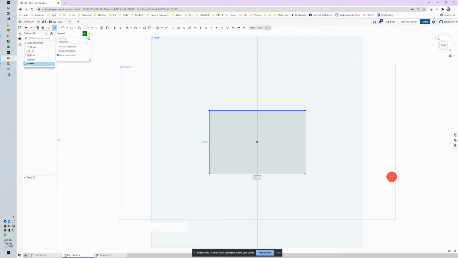You can see the bottom 2.716 is highlighted in a box, a white one. That means if I start typing right now, it's going to change that value. So if I put 2 and then enter, I just made it 2 wide. Okay? I want this to be a box that is 1 tall, so I could just type 1 enter, but